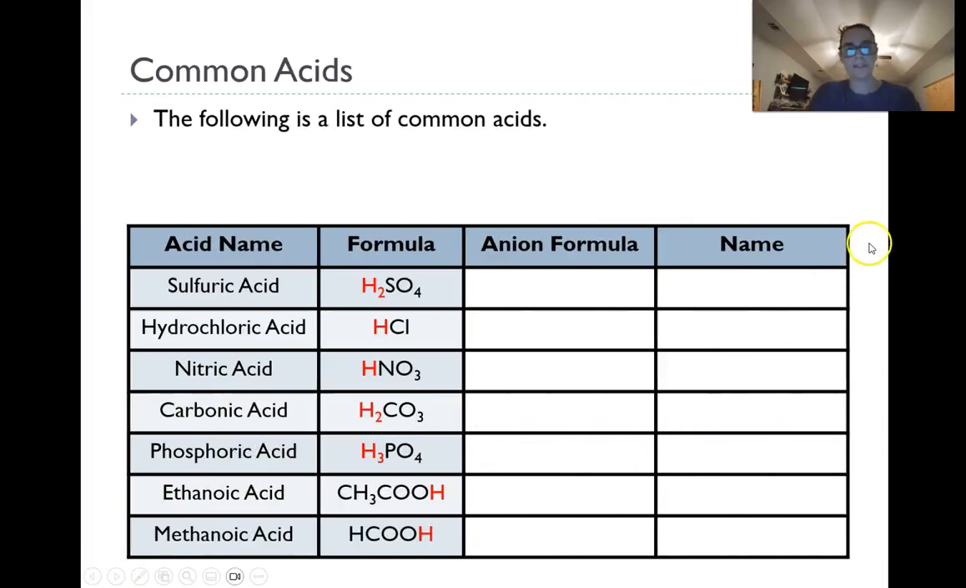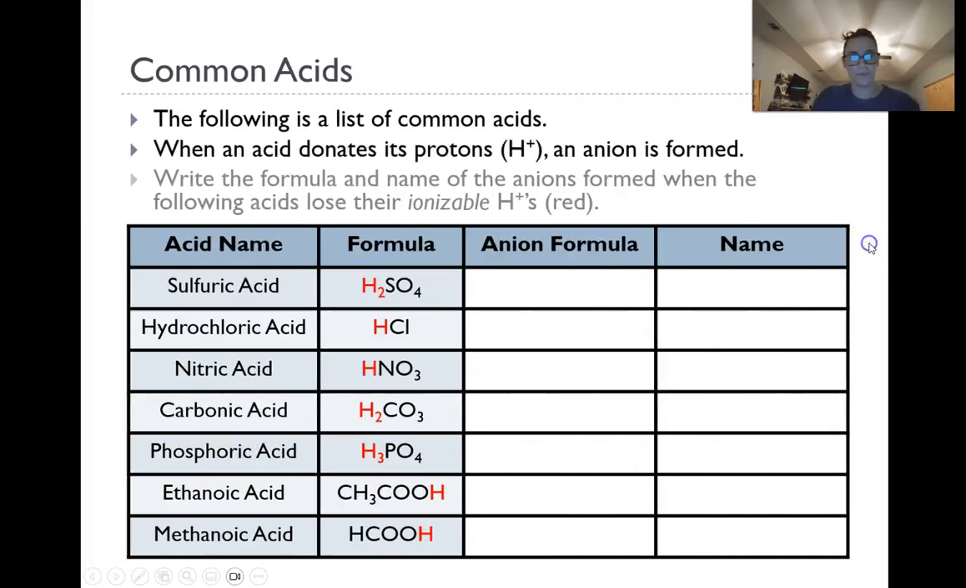So we have a list of common acids here. So sulfuric, hydrochloric, nitric, carbonic, phosphoric, ethanoic, and methanoic acid. When it donates its protons, an anion is formed. So the anion, after those two protons from sulfuric acid go away, forms sulfate. I want you guys to write the name of the anions formed when they lose their ionizable, or their red, protons, right? So this would be